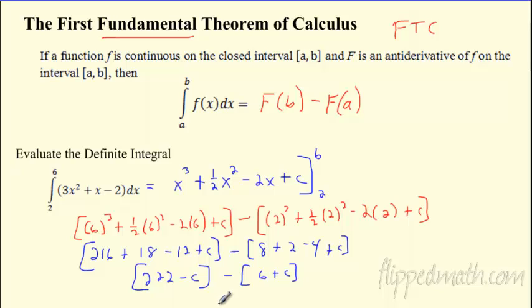Oh, why do I have a negative c? Oops, sorry, that was not supposed to be a negative c. So it was plus c there. All right, so when I distribute the negative, what's going to happen? I've got this 222 plus c minus 6 minus c. Your constants are going to cancel. Whatever that constant was is going to cancel out. So it doesn't even matter. What matters is this 222 minus 6,